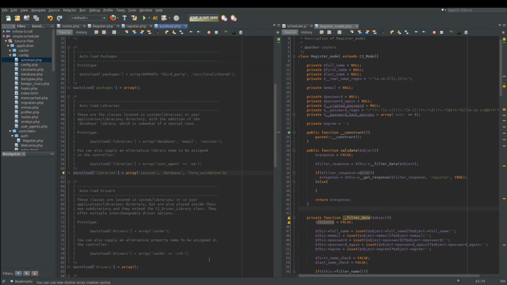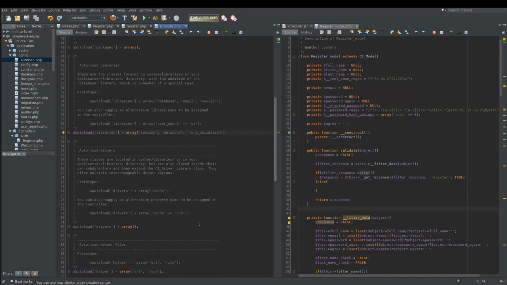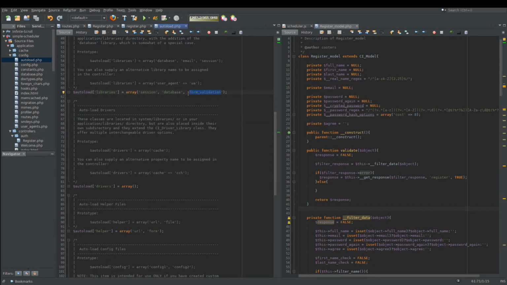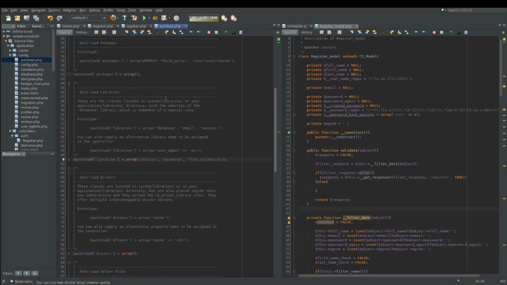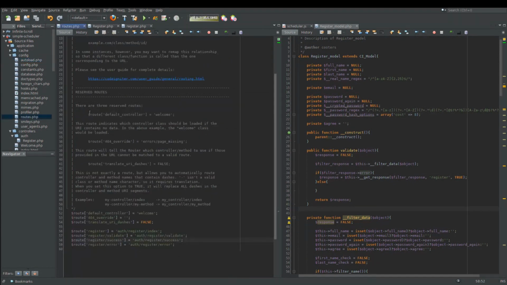Form validation, and then form validation. I don't know if we'll actually need that. We do need session and database, and then the other thing that we forgot to change was in the